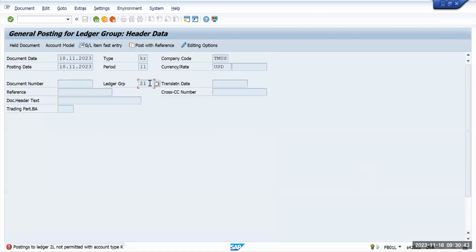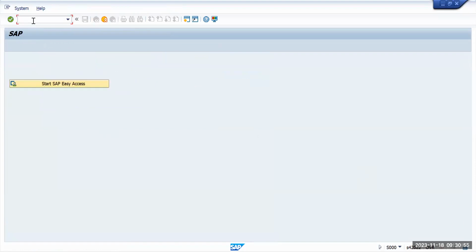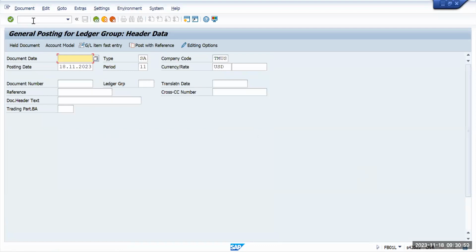Now, if I give it blank, it means it will allow you to post to all the ledgers. So let's post with blank. Now we'll go to the same transaction code FB01L. Here the document type is KR,